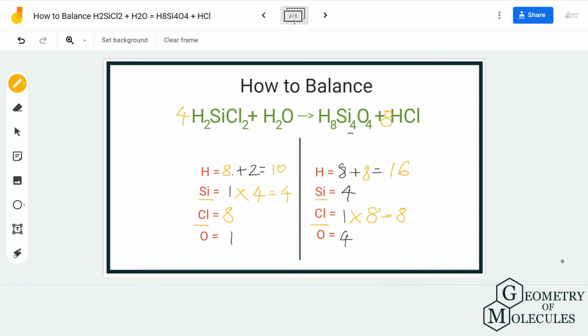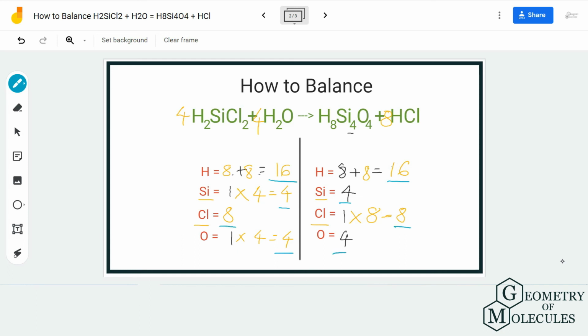So now we have 8 plus 8, 16 hydrogen atoms on the product side, but we only have 10 on the reactant side. So now if you come to oxygen over here, we have 1 O over here and we have 4 oxygen atoms over here. So to balance it out, I'm going to add a coefficient 4 before H2O to have 4 oxygen atoms on the reactant side as well. Now doing that, we will have equal number of oxygen atoms on both reactant and product side, which is 4 atoms of oxygen on both the sides, but in turn it will also change the number of atoms for hydrogen. So now we have 4 into 2, 8 plus 8, that is 16 hydrogen atoms for the reactant side as well. So now if you look at this equation, it is completely balanced by adding coefficients before these molecules,